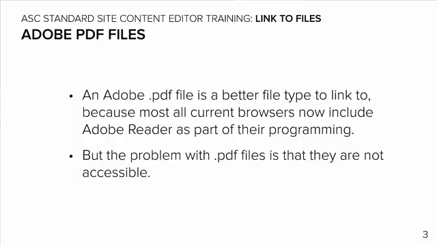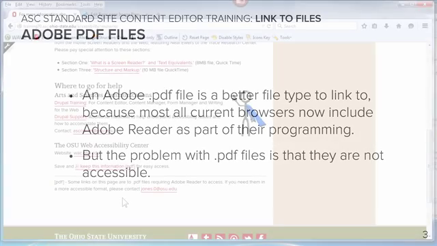So the recommendation is to create a page containing the same content as the file. Then, if necessary, go ahead and add a link to the file from that page. And, of course, there are some legitimate reasons to offer a linked file, but in either case, do it properly.